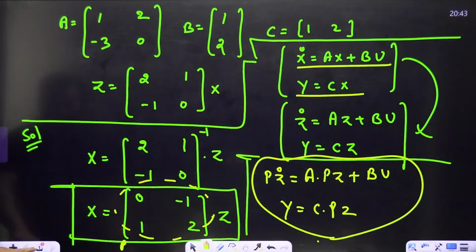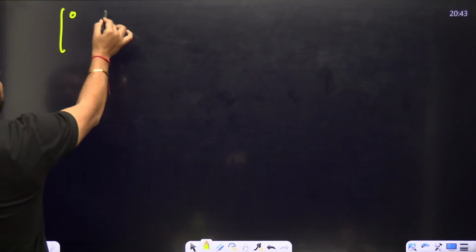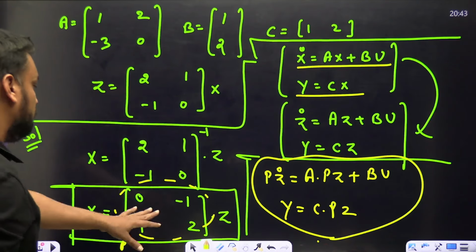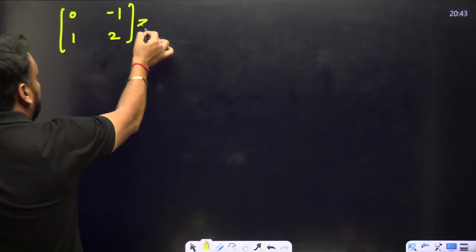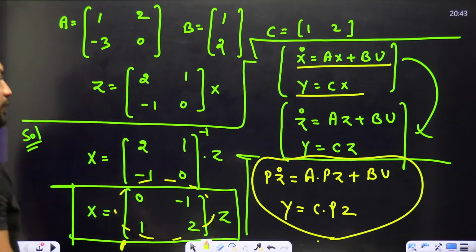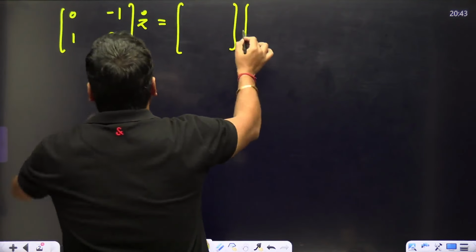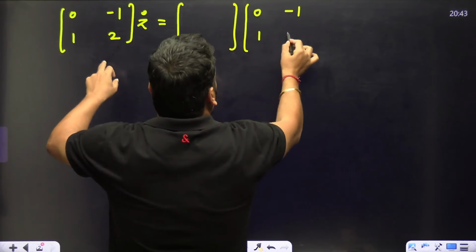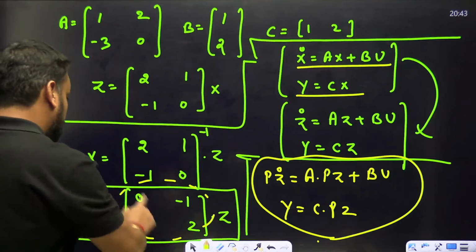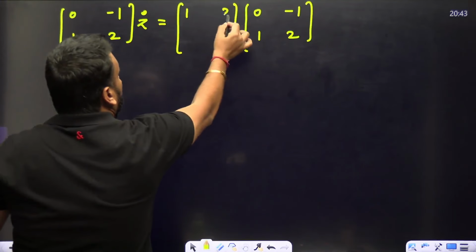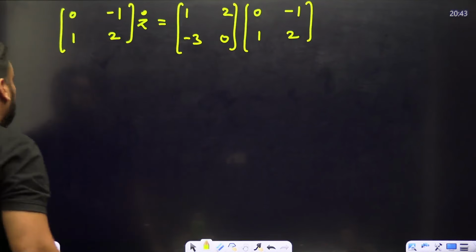नेक्स्ट स्लाइड लेता हूं मैं, और नेक्स्ट स्लाइड में हम लिखते हैं pz नॉट। तो p का वैल्यू कितना है, 0 minus 1 1 2 लिख रहा हूं मैं। थोड़ा सा लेंथी क्वेश्चन बोलूंगा मैं इसको। ओके z, तो ये z डॉट इक्वल टू apz। a मैट्रिक्स क्या था, आपको पता है, p मैट्रिक्स तो यही था, 0 minus 1 1 2 था ना, चेक कर लो। a मैट्रिक्स था 1 2 minus 3 0, आप चेक करेंगे 1 2 minus 3 0।